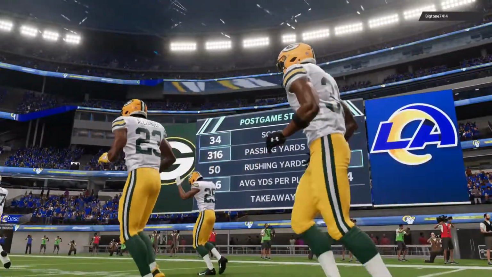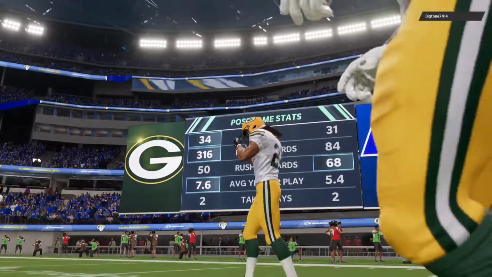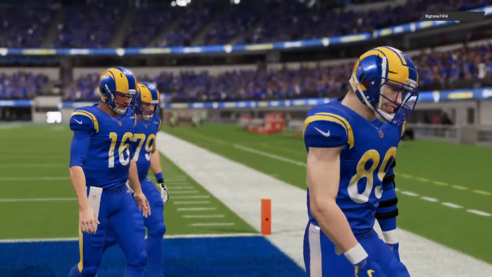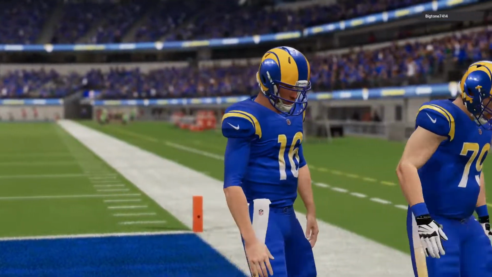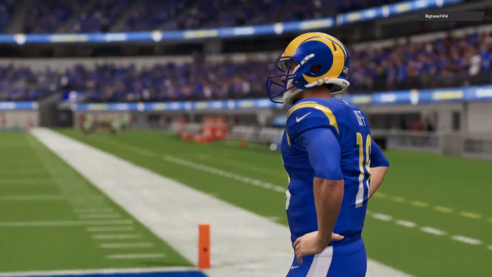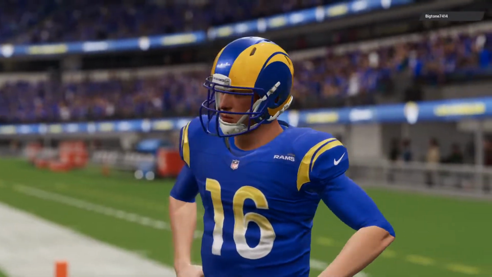So for Green Bay, it's an ideal start as they move to 3-0 now on the young season. And they'll return home next week to take on the Philadelphia Eagles. Meanwhile, for Los Angeles, they'll fall to 1-2. And they will try to get back in the swing of things next week